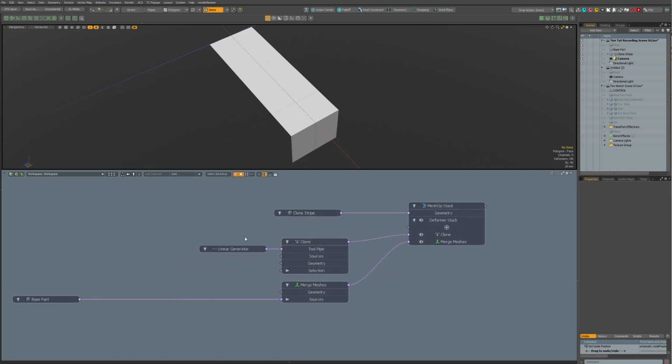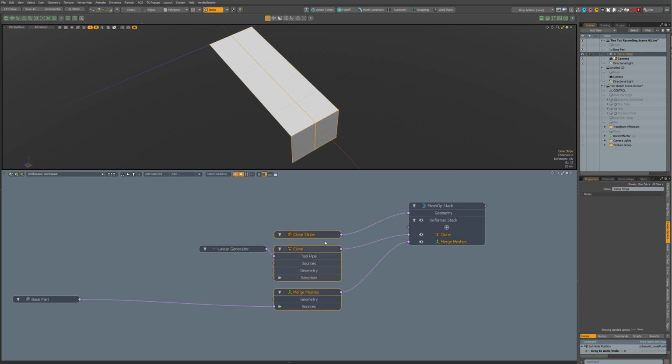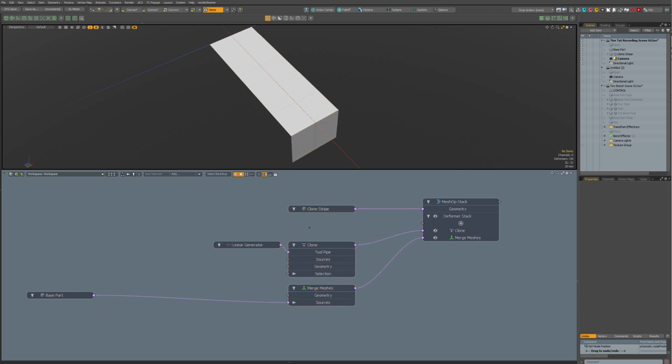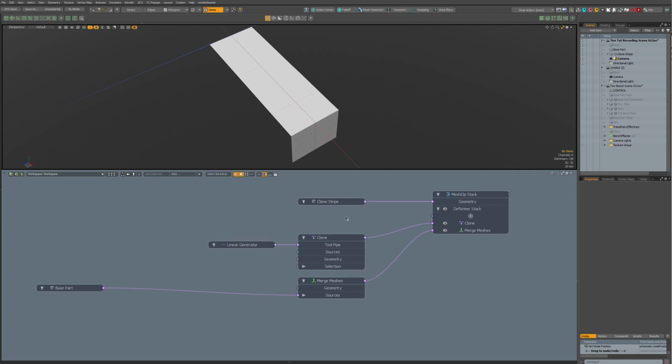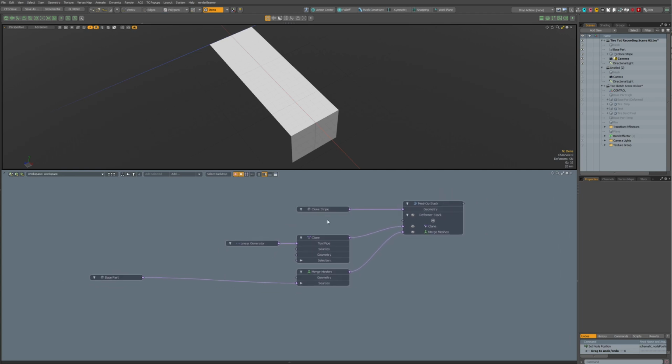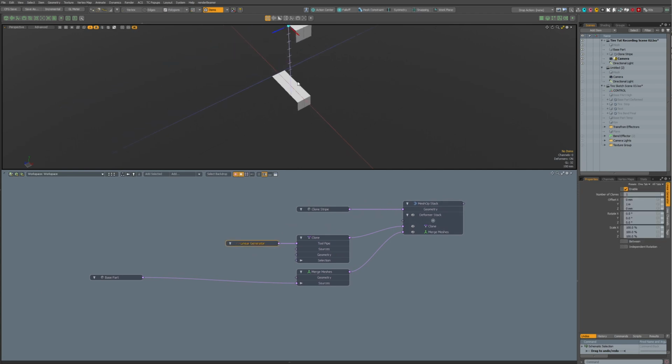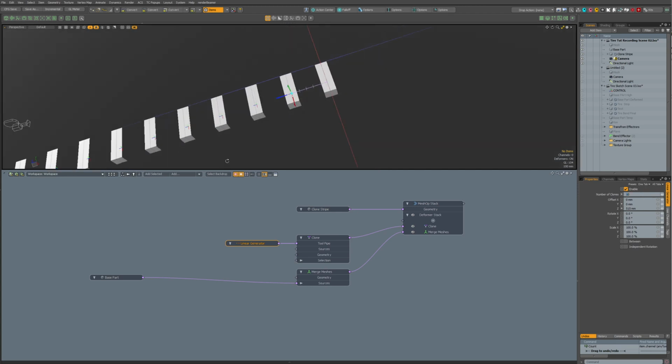The one annoying thing is that I wish there was some kind of auto alignment for these nodes. You have to do way too much fiddling around with those. But now we have the clone and this is 0 and we move it in this direction, and how many times, for example 10.